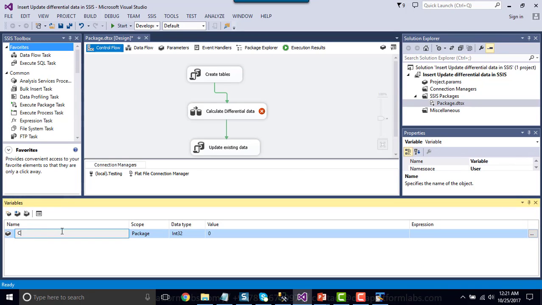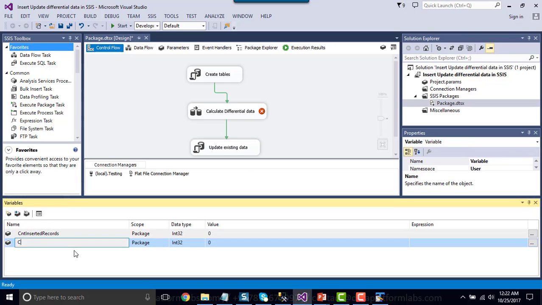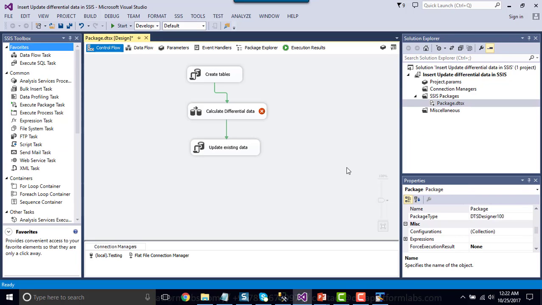Name the variable CNT inserted records, and the data type can be int32. Now create another one, CNT updated records, and the data type can be int32 as well. Okay, we are done with creating two SSIS variables.